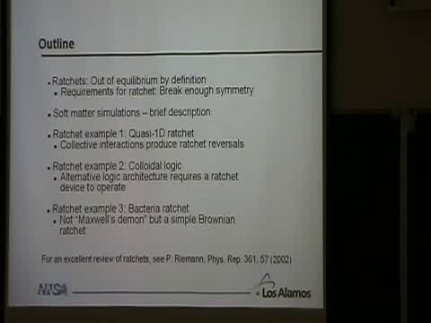And the third example, which everyone always likes, is the bacteria ratchet. So this is kind of the limit of colloids that propel themselves. This was inspired by some experimental work done by Robert Austin's group at Princeton. And when Robert Austin presents it, he talks about it in terms of Maxwell's demon sorting bacteria from one side to the other. But by the time I get to this point of the talk, you should easily understand that this is actually just an extremely simple Brownian ratchet. And I have to say, if you really want to know a lot about ratchets, there's an excellent review by Peter Reimann in this reference.